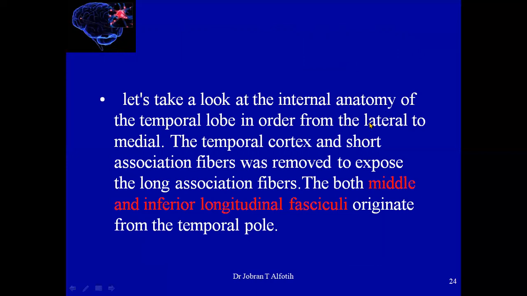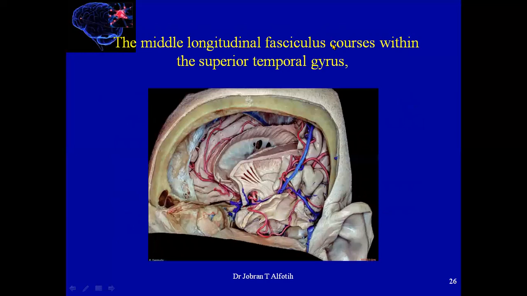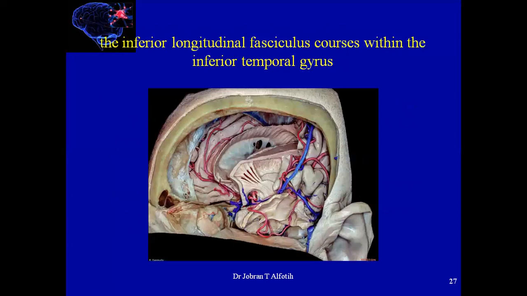So our dissection will start from lateral to the medial. The temporal cortex and the short association fibers here were removed. This will expose long association fibers only. Both the middle and inferior longitudinal fasciculi originate from the temporal pole. This is the middle and inferior longitudinal fasciculi. The middle longitudinal fasciculus courses inside the superior temporal gyrus, and the inferior longitudinal fasciculus is coursing inside the inferior